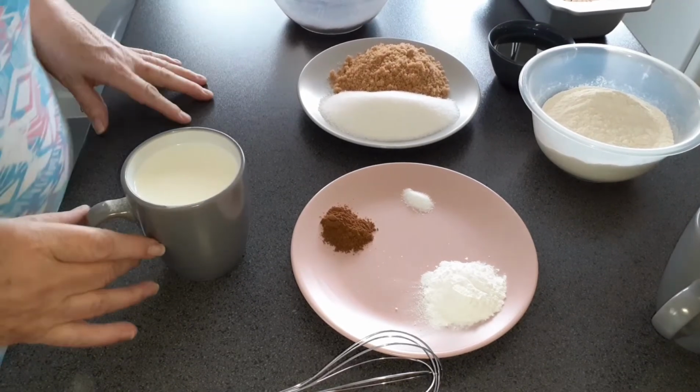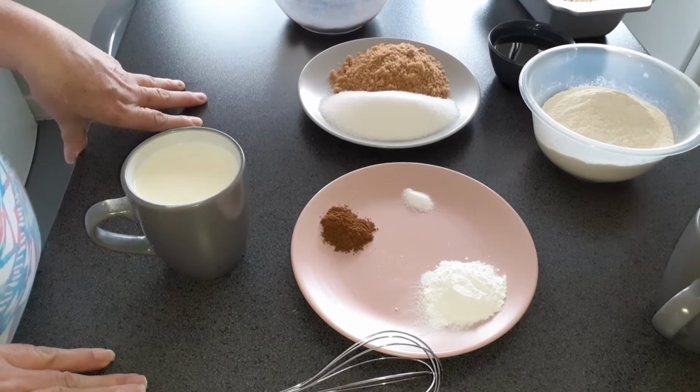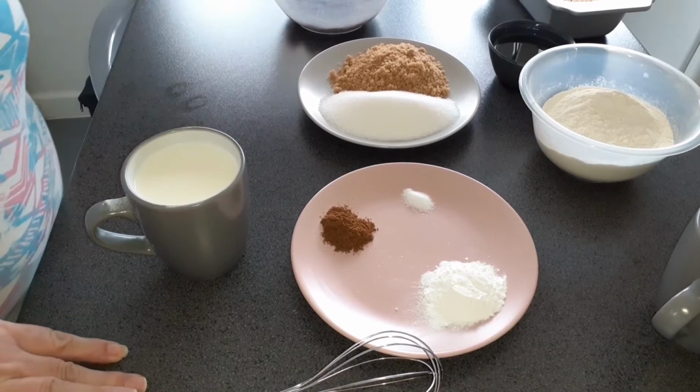Today I'm going to make a bran cake. No butter, no eggs, made with breakfast cereal, very economical. I have here,